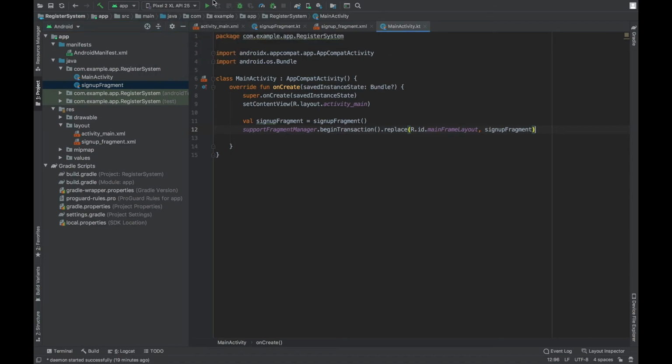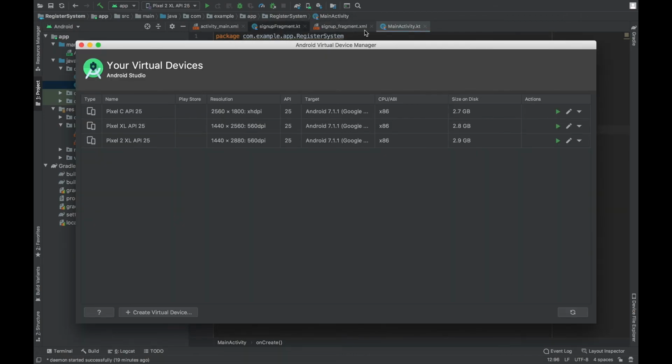Click on it. If you don't know how to create an emulator, you can click on this icon, which is basically a phone with a little Android icon, the AVD manager, that is Android virtual device manager. Click on it, and here you can see the virtual devices.